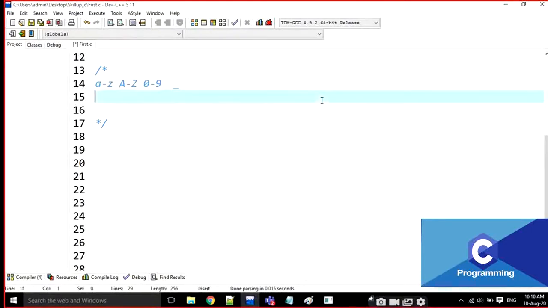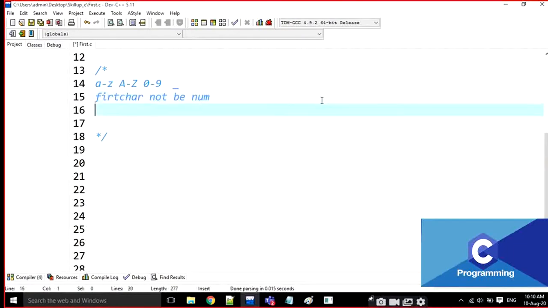And one more thing, the first character of the variable name must not be a numeric value.